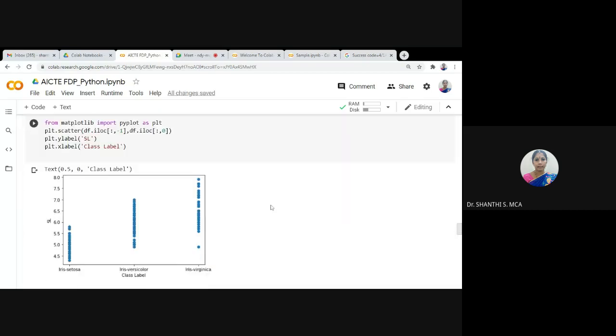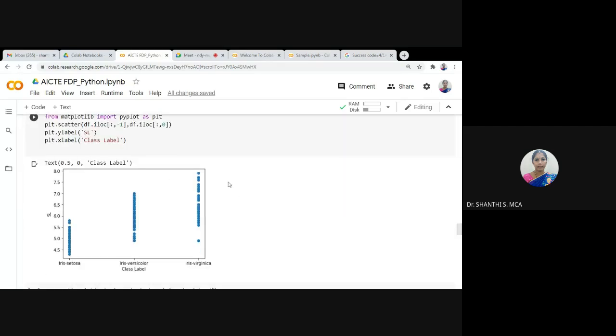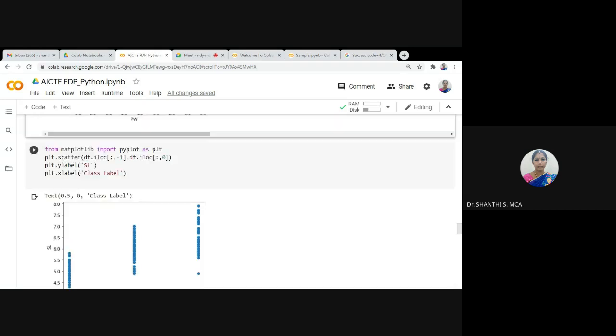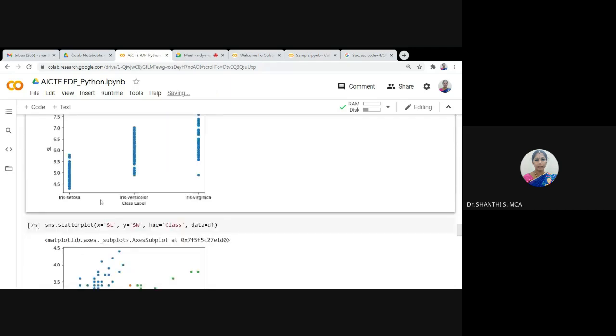Okay. Another one is the scatter plot. The scatter plot is created by using matplotlib. From matplotlib, import pyplot as plt, scatter plot. So I am using df, all rows. The first one is with respect to the class label, and the first column, which is SL.